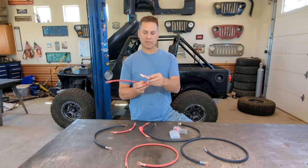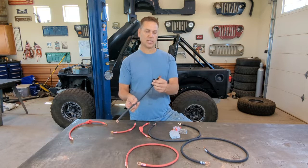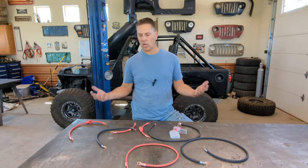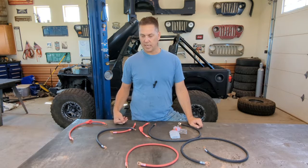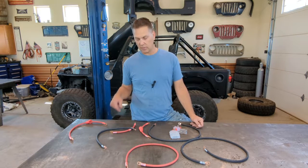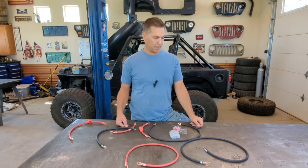This one here says back to the fuse. This one here is your ground that goes to the firewall. This side here goes to the battery negative. So they have these things all marked, all laid out. All I have to do is undo the retaining bolts or screws, plug these things in, and they're going to be good to go. This is going to be a very easy kit to install for me,